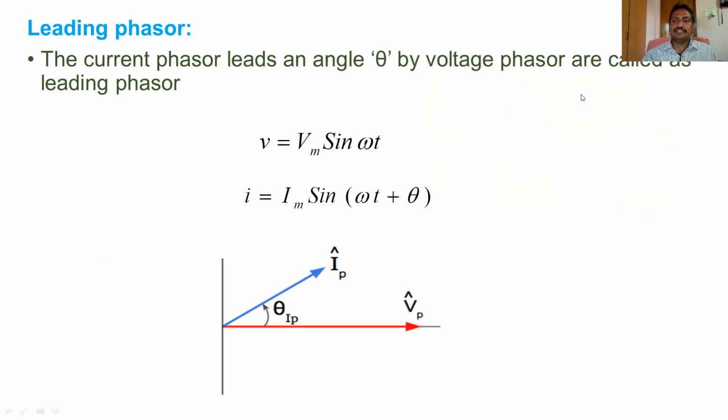Here we remember always, when it is lead or lag, we should represent a reference phasor. So in these three cases, the reference phasor is voltage. By taking the reference phasor as voltage, we decide whether the current phasor leads, lags, or is in phase. Otherwise, if you don't know the reference phasor, we cannot know which phasor leads or lags. So we remember we should take the reference phasor, then only we will discuss whether it is in phase, lagging phasor, or leading phasor.